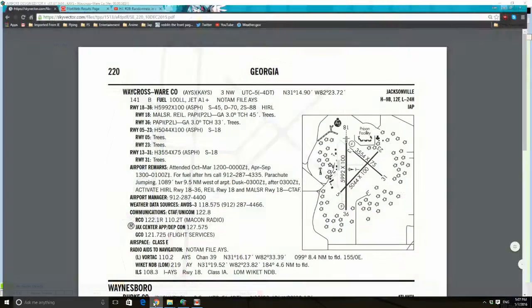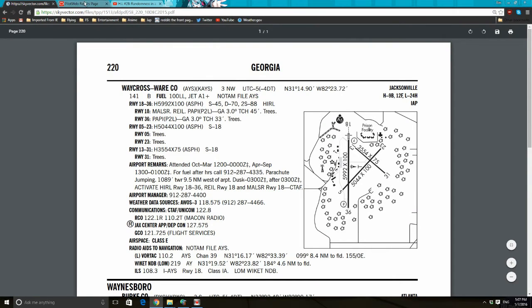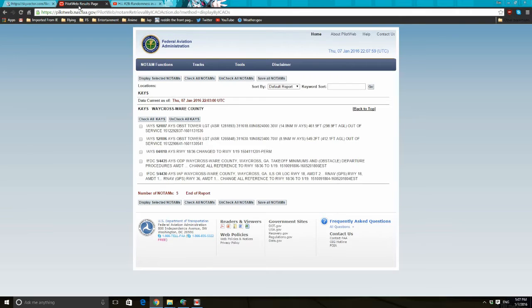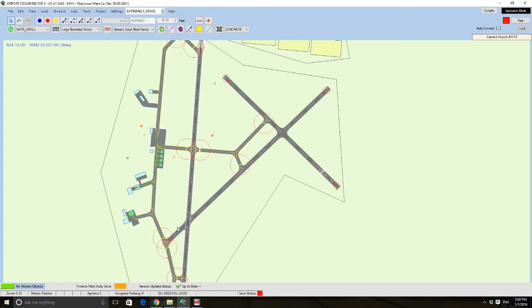Also, I want to show you this. This is runway 18 and 36, but there's a NOTAM for this airport that was put out recently. This one right here. Waycross runway 18/36 changed to 1/19, and it's a permanent NOTAM, meaning they just haven't come out. This is now runway 1 and 19. So any reference to this airport via approaches or nav data or whatever, if you see 18 and 36, think